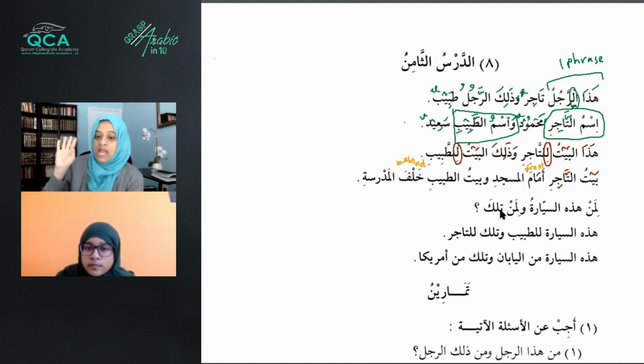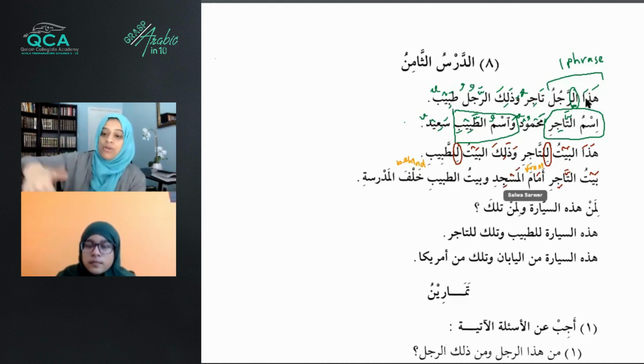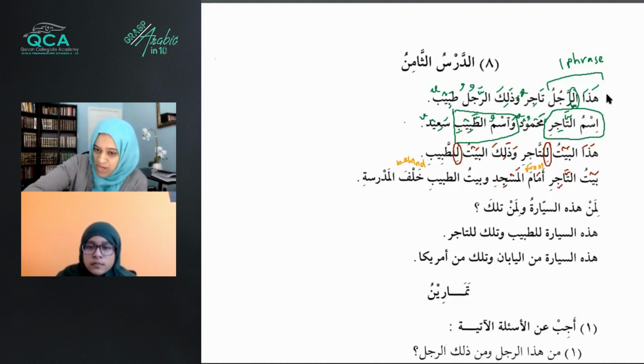So baytut tajiri. So in this lesson, you're learning the phrase ism ishara and mushar ilayh. Over here, the pointer and the pointed, which is always proper. There's no is, am, are between the two. Hada is ism ishara, and a rajul is mushar ilayh, that which is being pointed. Pointer and pointed, that's one concept, and all this will be there in the notes for you. The other thing you're learning is special mudafs. Two special mudafs, which are amama and khalfa. Front of or behind.